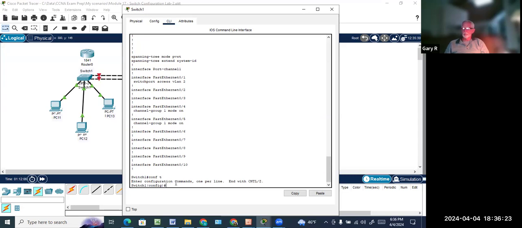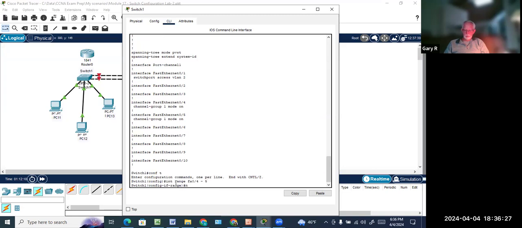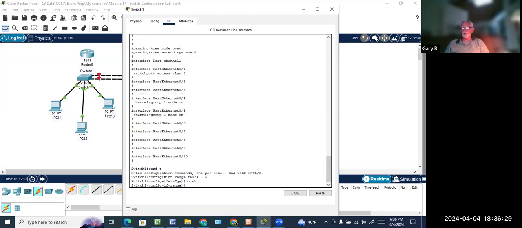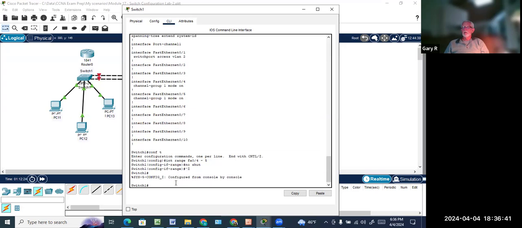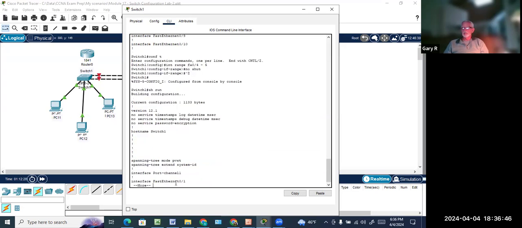Options to this. Let's do a no shut just to make sure. I think that's a problem. Okay. Now, Control Z. Now, if we do a show run, what we should see is that the port channel was